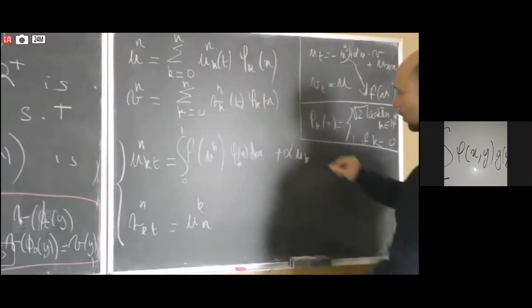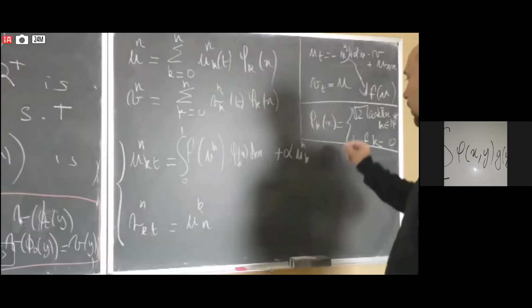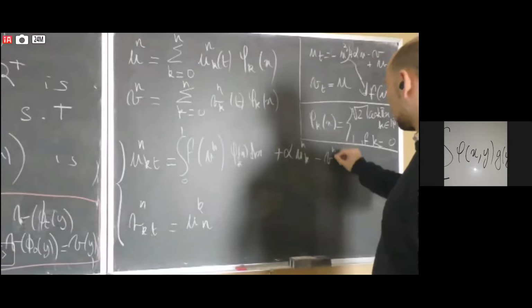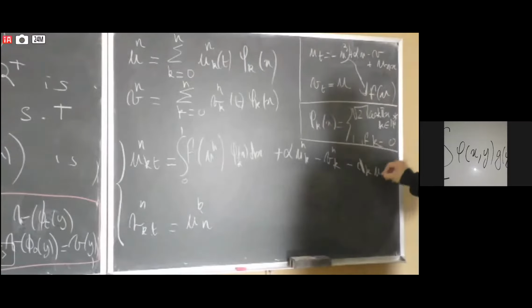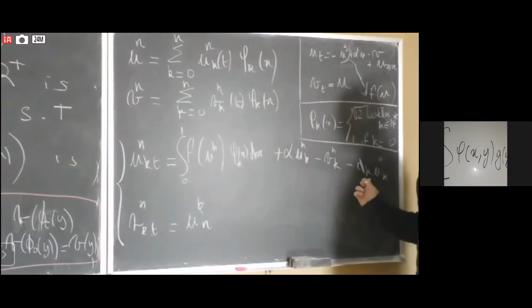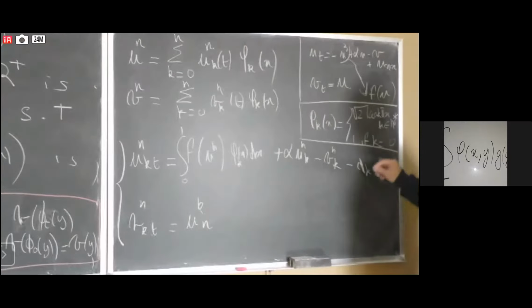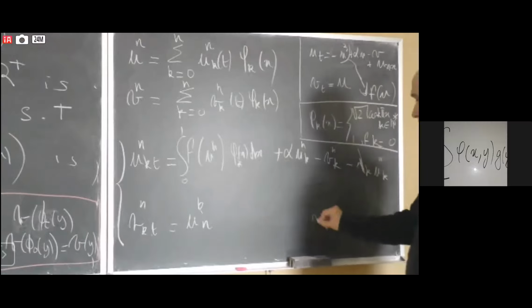Now I forgot, I will not write the n here, maybe. And so what is the lambda k? You know? So we did that in the first semester. What is lambda k? Lambda k is